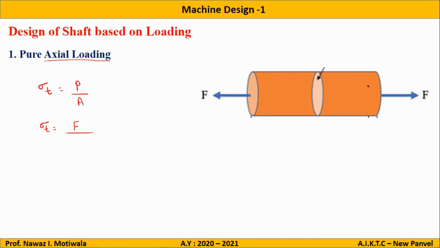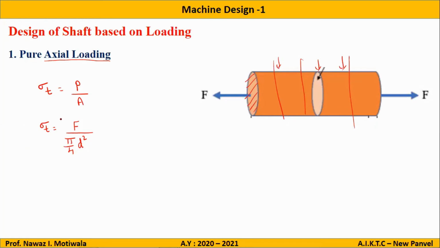In this entire rod or shaft, where is the minimum cross section area? Center? Not center. It can be anywhere on this shaft. At the center the area is the same, here also the same area, and here also the same area. If I take sections at any point, the area will be the same because it is a solid and uniform shaft. Anywhere it breaks, the area will be the area of this circle. So the area of the circle is pi by 4 diameter square. Any doubts? No, sir. Okay.